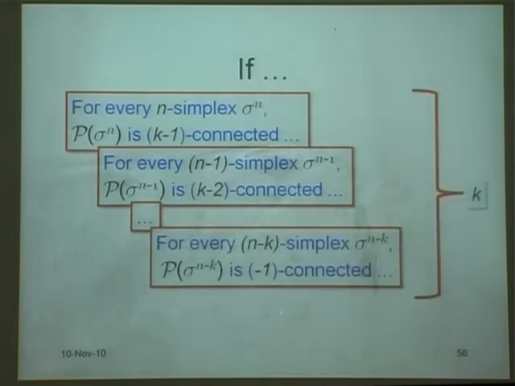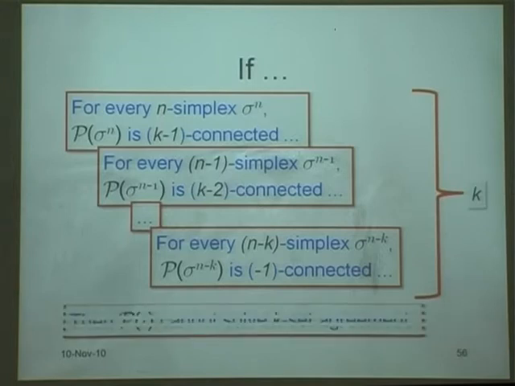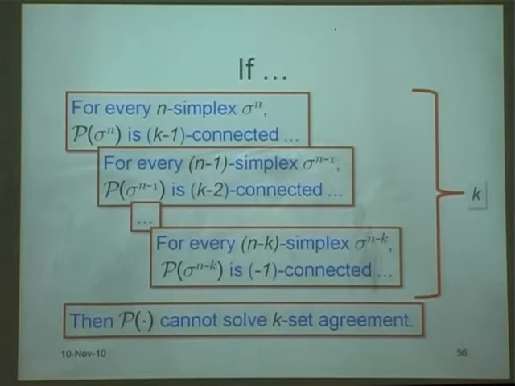And then we go all the way down to the bottom and say if k of them fail, then we're -1 connected, meaning that we can tolerate the k failures. There's a non-empty set of executions. If this is true, then we can't solve k-set agreement. And this is the basic property that cuts across all the models that says when you can't do this